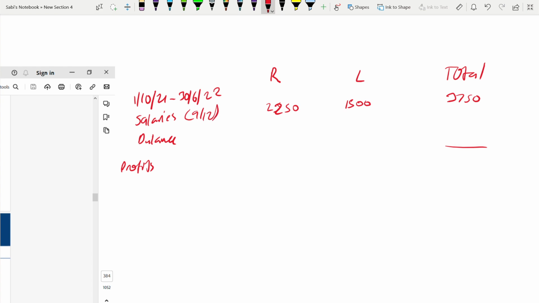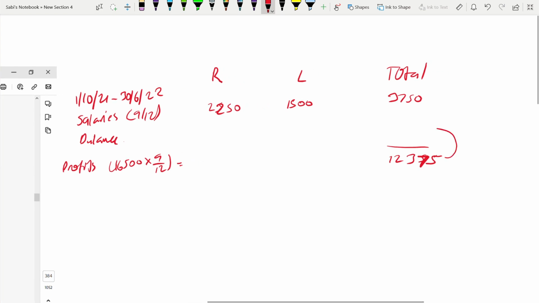And here the profit is given. To find the balance, you need profit. Profit is how much? 16,500. But only for 9 months you are taking, which is 12,375. This is the total, right? So here the balance you will easily get, it is 8,625. Out of this 8,625,